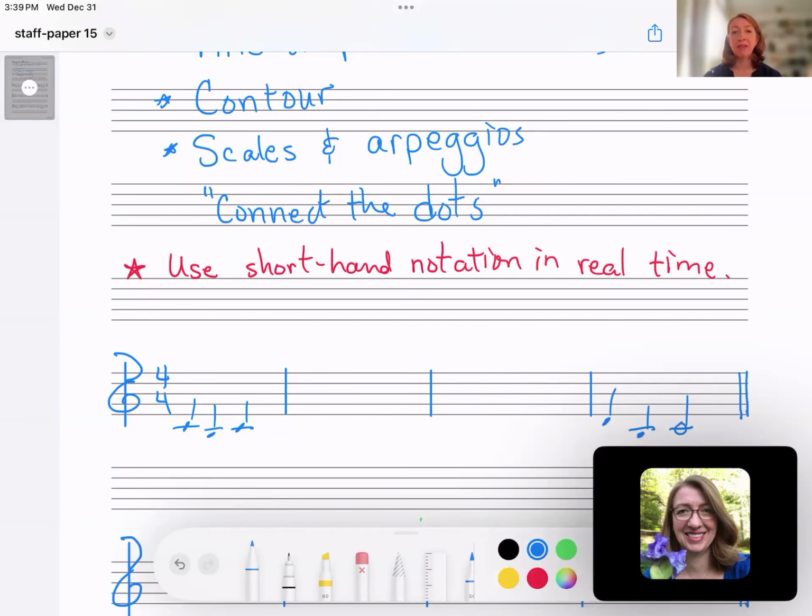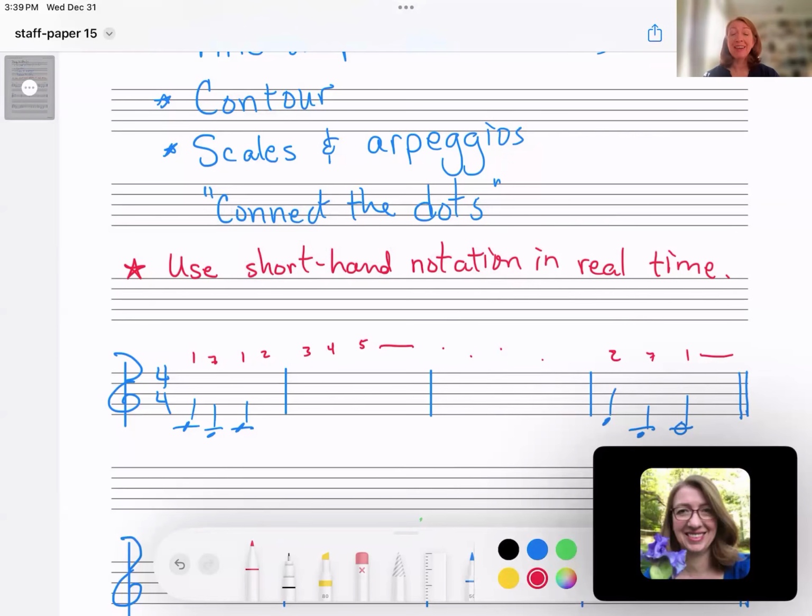Let me show you what that real-time scale degree shorthand notation might look like as we are listening to this melody. I might be writing above the staff, do, do, do, do, do, do, do. And I might use dashes to show where a note is long or held out for a longer period of time than the notes around it. And then I could hear the next couple of notes coming down. Do, do, do, do, do, do, do. And that's going to be a way to get some notation very quickly onto my paper while I'm still figuring